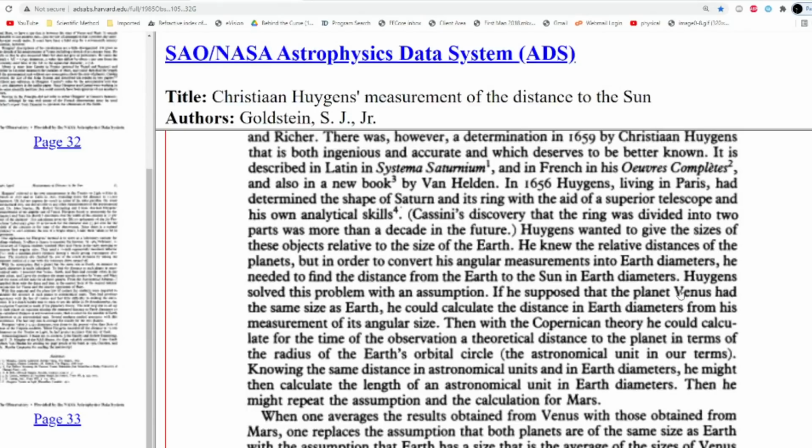If he supposed that the planet Venus had the same size as Earth, he could then calculate the distance in Earth diameters from his measurement of its angular size. And then with the Copernican theory, he could calculate blah, blah, blah. It goes on from there. But the key point is that if you assume that Venus is the same size as Earth, that came